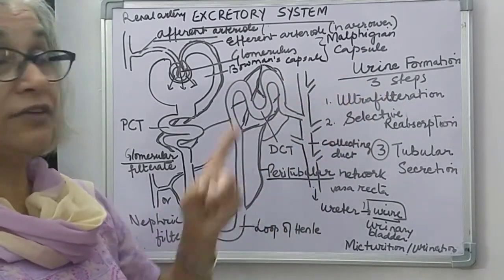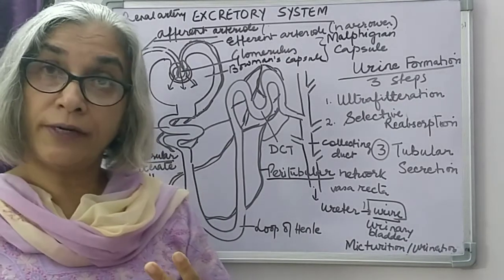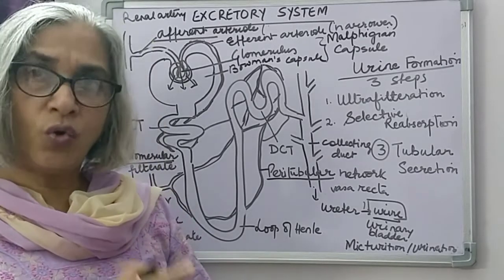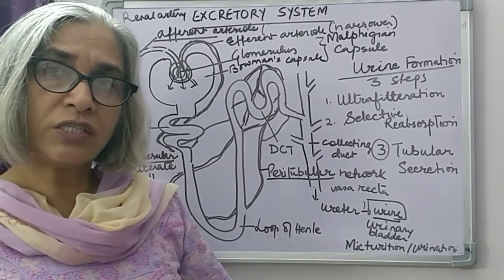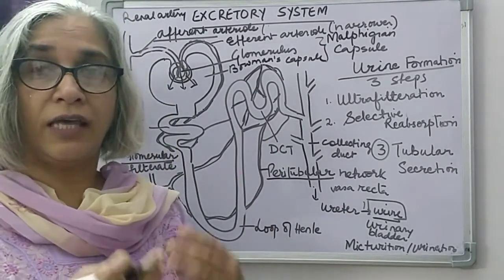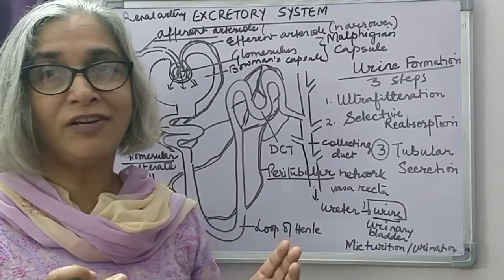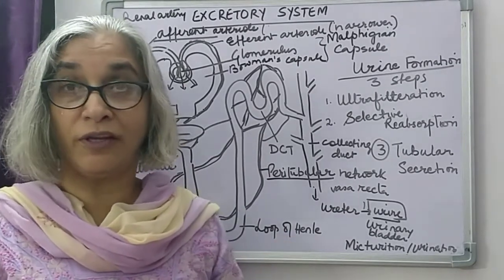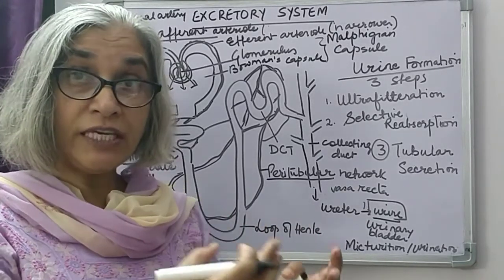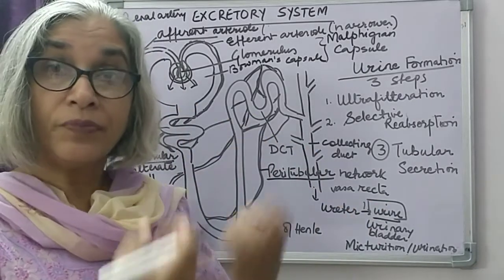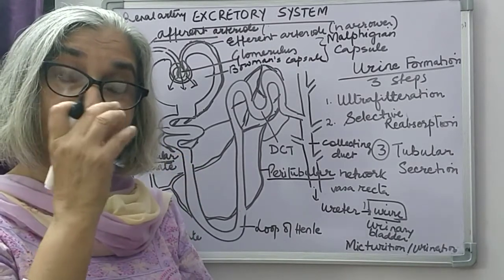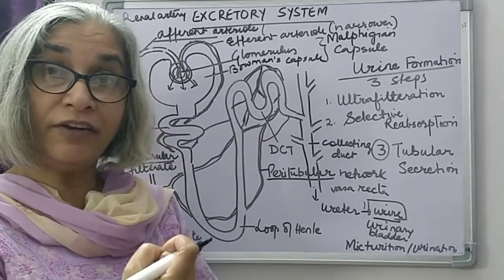In ultrafiltration, most of the water, glucose, amino acids, certain proteins, colloids, inorganic salts of sodium, potassium, calcium are all filtered, and they come in the glomerular filtrate. So the glomerular filtrate is not only what is not needed by the body. There are a lot of useful substances that the body still needs. So these useful substances will be taken back, will be reabsorbed,